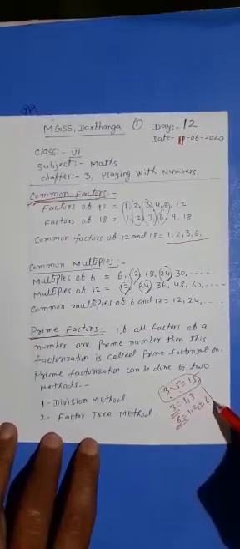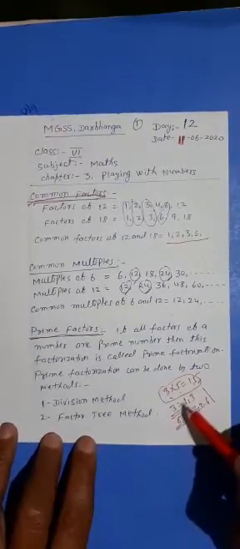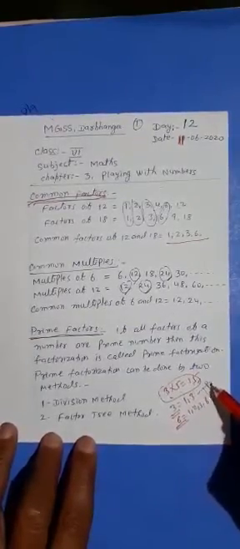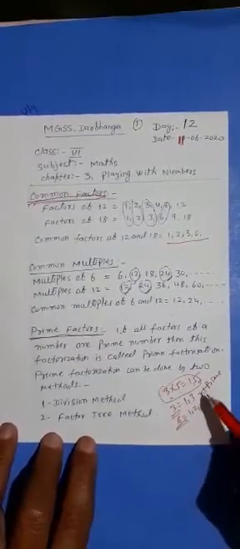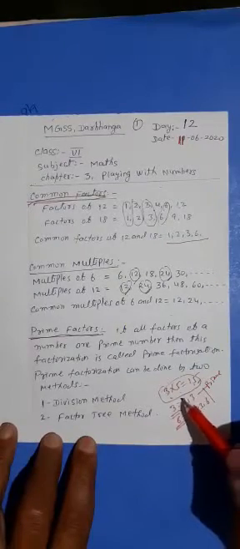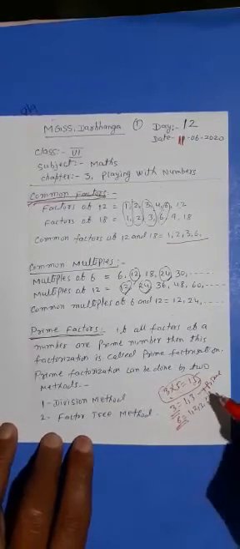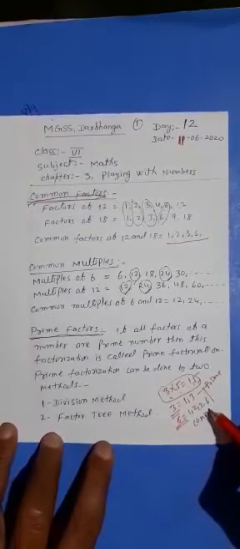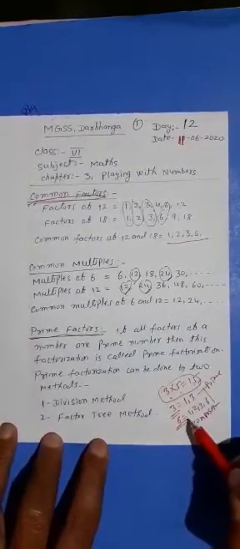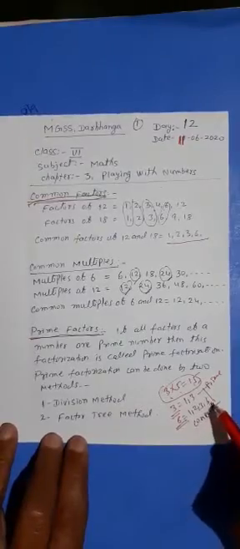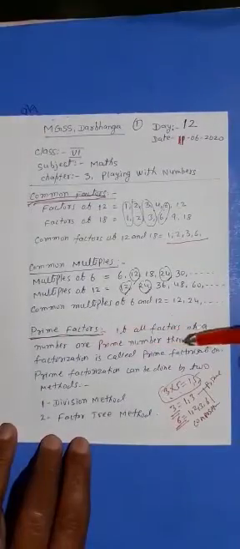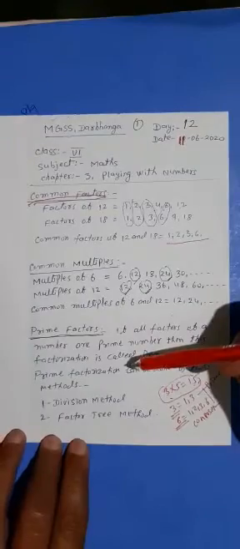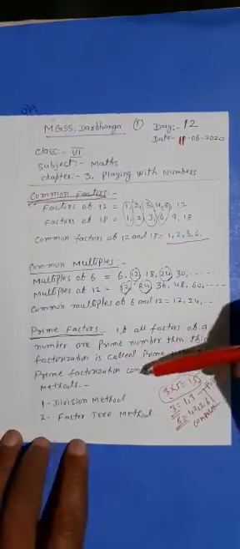And we also know, memorize it, two types of numbers. 3 is a prime number, because it has only two factors, 1 and 3. A prime number has only two factors, one is 1 and the other is the number itself. The other type is the composite number. In case of a composite number, the number has more than two factors. 6 is an example of a composite number. If all factors of a number are prime numbers, then this factorization is called prime factorization, and those factors are known as prime factors.